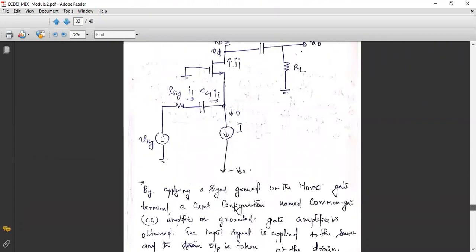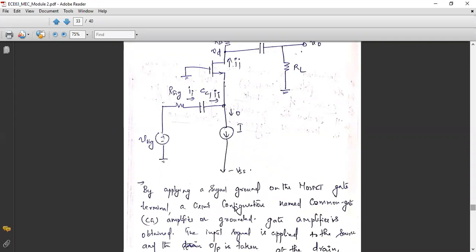Now, this is very important for your CIE. So the question will be like this: draw the circuit of common gate amplifier. Then by using small signal analysis, derive the equation for so and so. Means your input resistance, output resistance, gain, or voltage gain, like that. Not necessary that all the 5 parameters will be asked in your question paper. So don't derive everything as such. You have to practice it and accordingly write whatever is asked for in the question paper, that only you pinpoint and write.